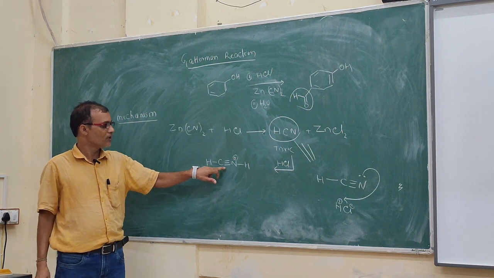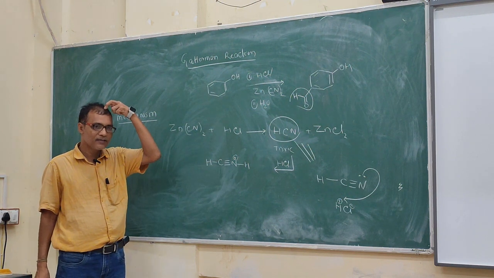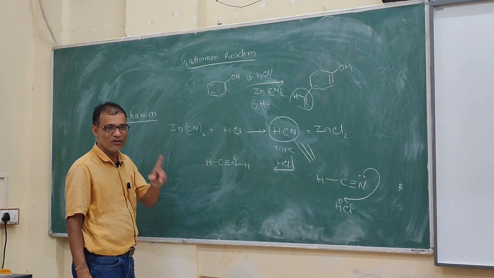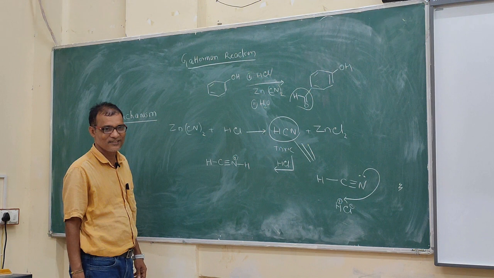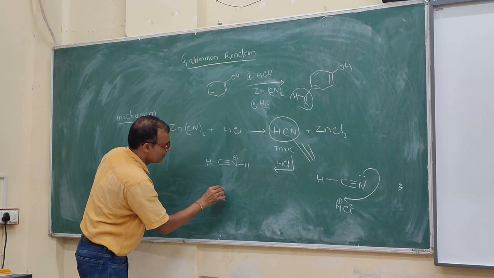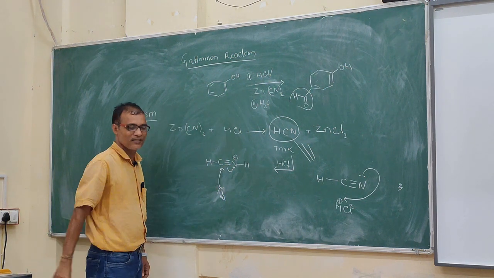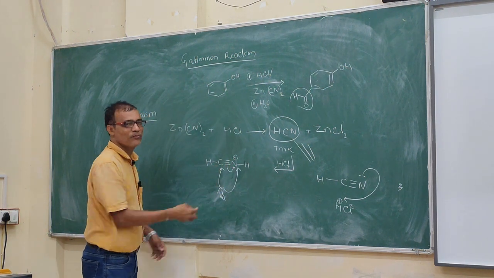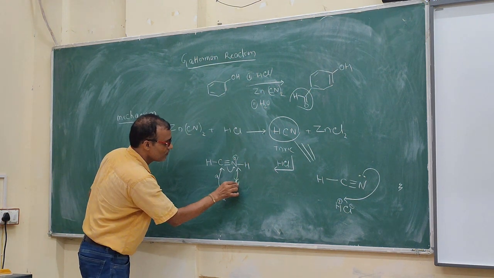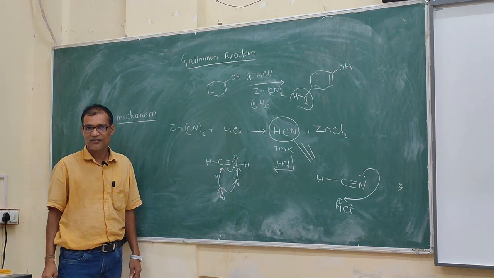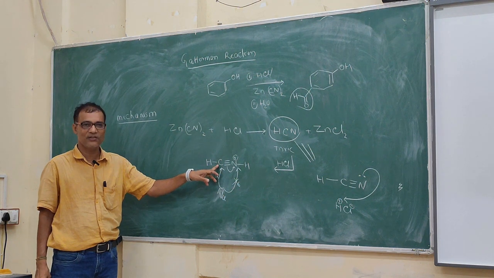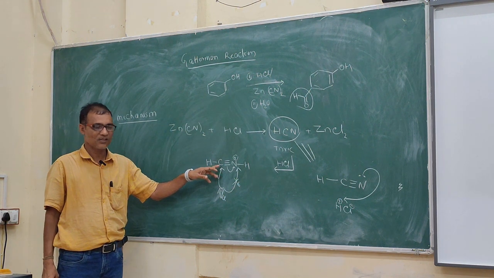Now in this molecule, which is more nucleophilic, carbon or nitrogen? Suppose the nucleophile comes, where will it attack? Carbon, because if the nucleophile attacks here, this gets neutralized. But if it attacks here, then it goes from 3 to 5 valency. That is not possible. So this is preferable, and this is not preferable. It's clear? The positive charge on nitrogen doesn't mean that it is the nucleophilic center. This is the electrophilic center.